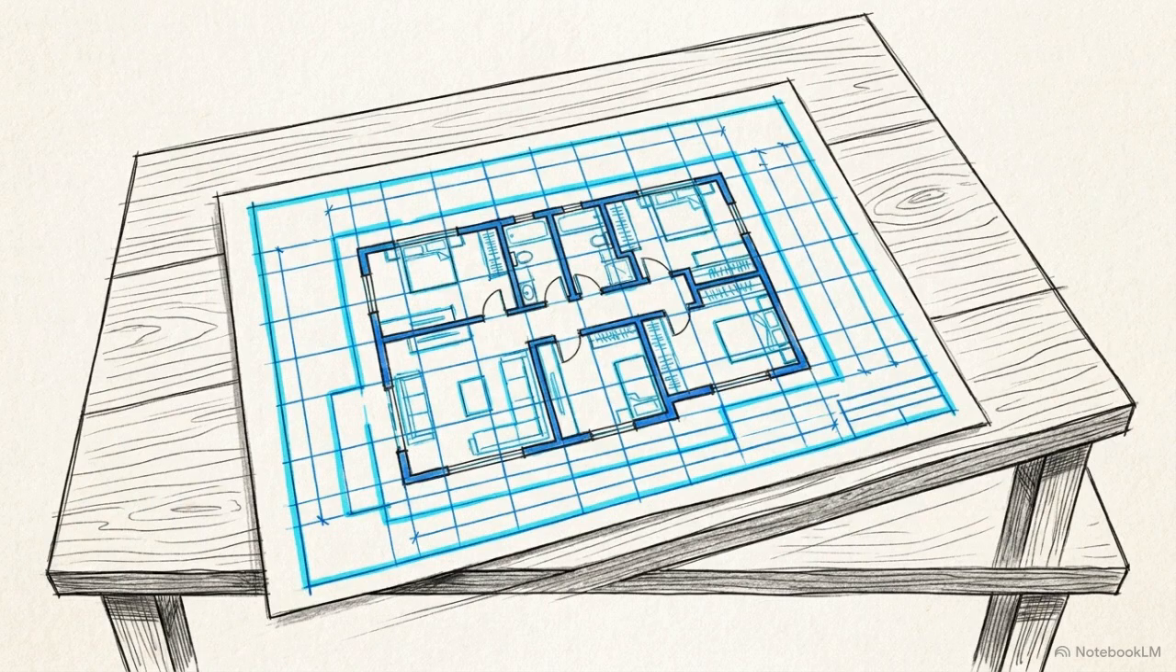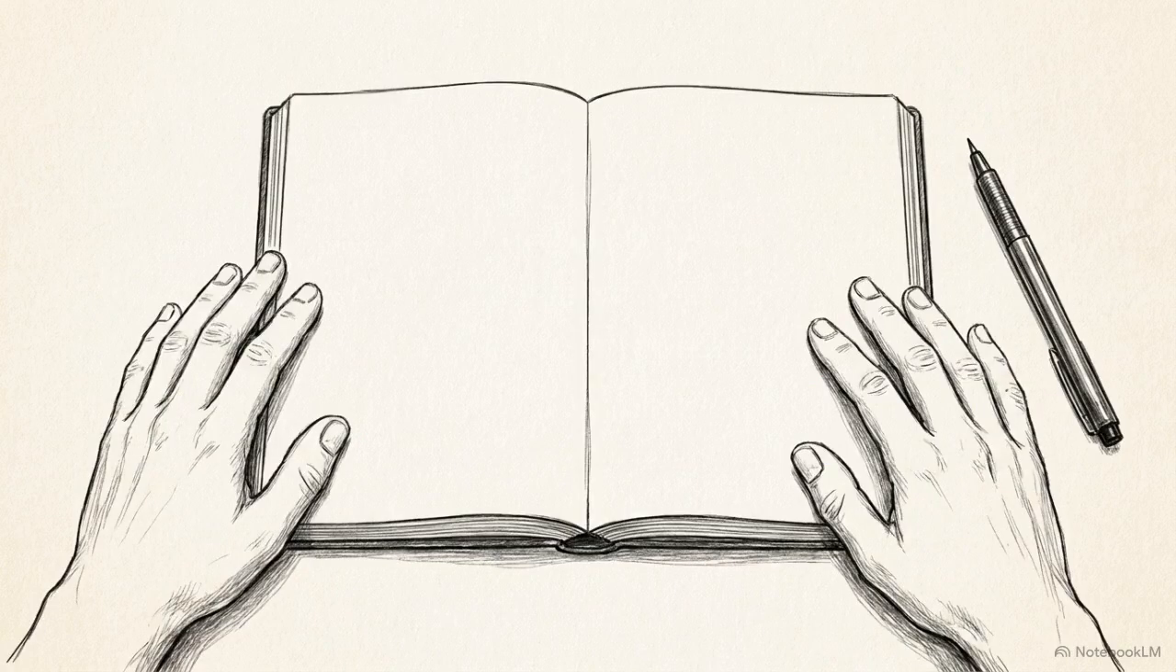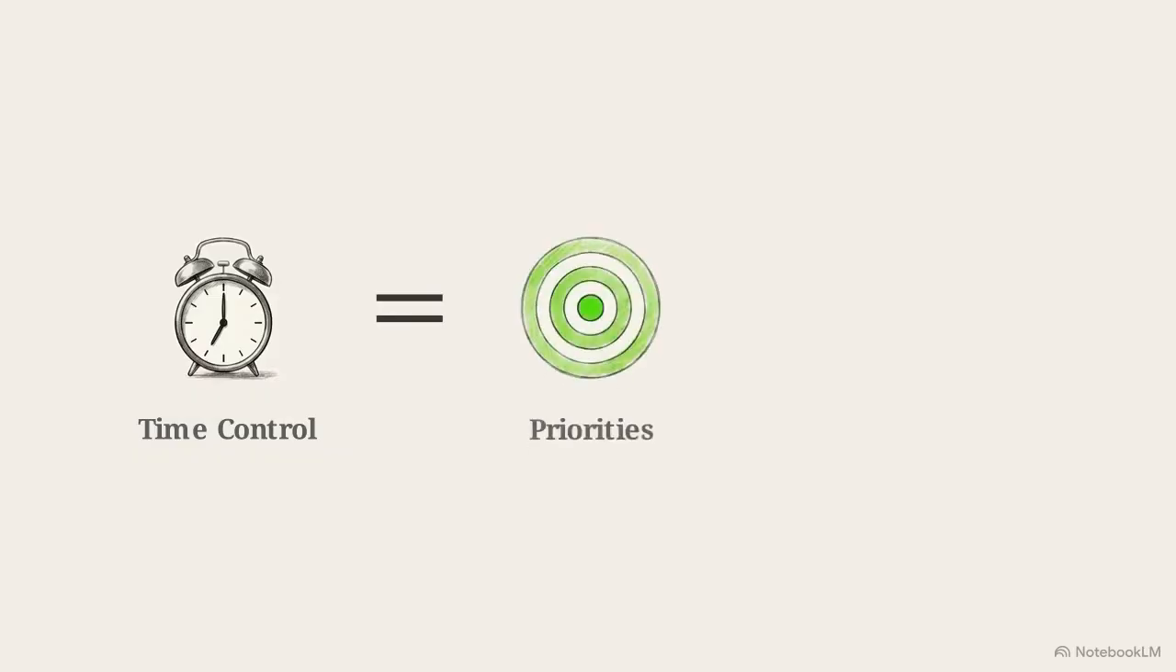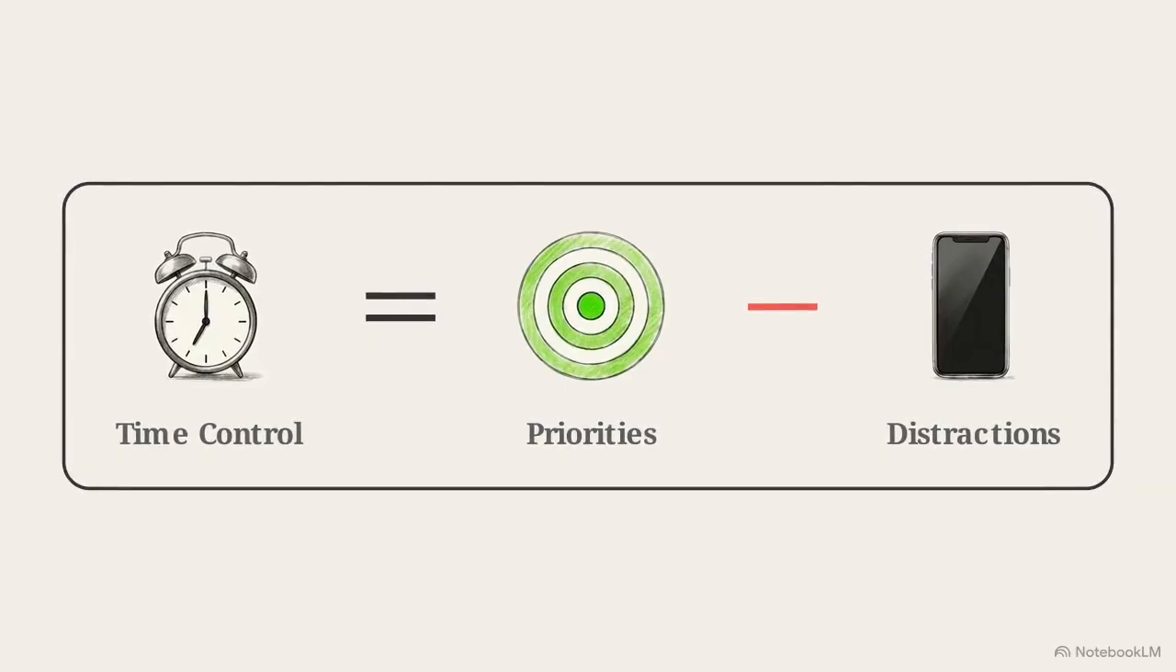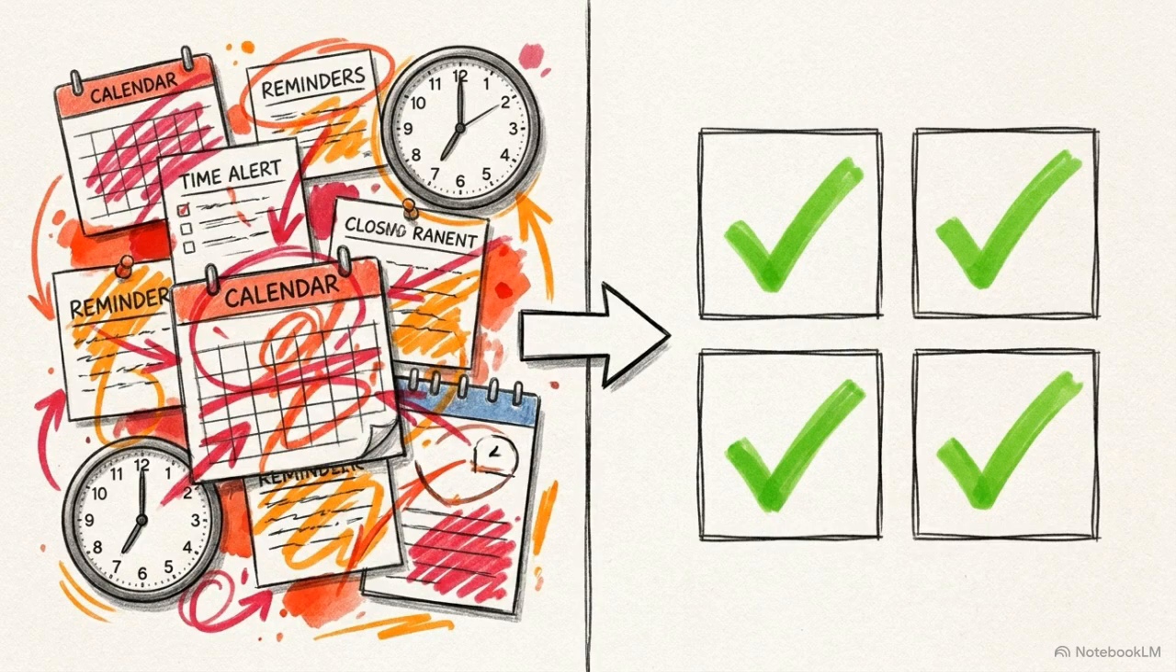To reclaim that time, you need to build a new daily structure. Gather a physical pen and paper or open a blank digital note so we can assemble your specific blueprint together. At the top of your page, write down this formula. Time control equals priorities minus distractions. This simple equation dictates how effectively you manage your day. By treating time management as a calculation rather than a feeling, you move from reacting to your schedule to actively